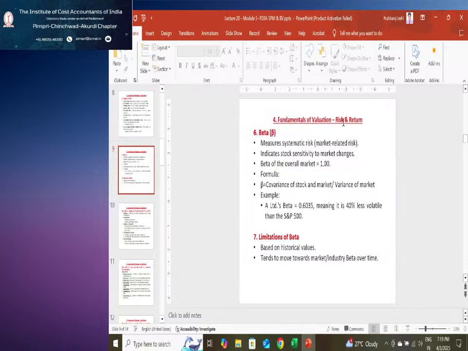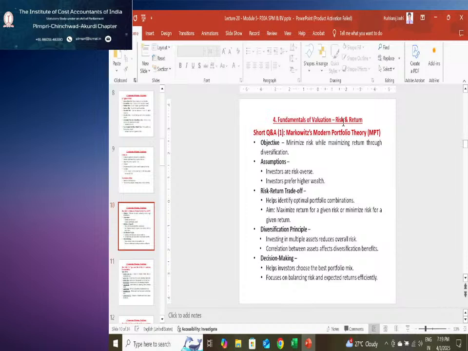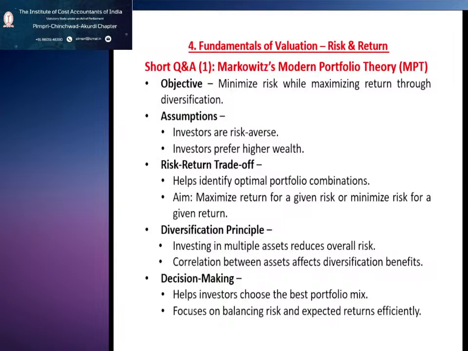Yeah, so we finished with the limitations of beta, and now moving ahead to the short question and answer. So question number one, the short question and answer one, deals with the Markowitz modern portfolio theory. So in a way I am covering the portfolio theory over here, which is not there per se in the study material content of this chapter, but by understanding short question and answer one, I'll try to help you cover the Markowitz modern portfolio theory,